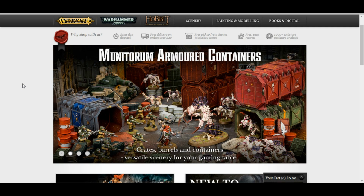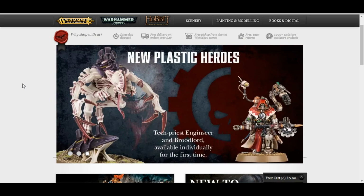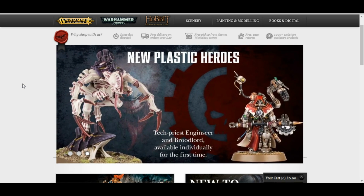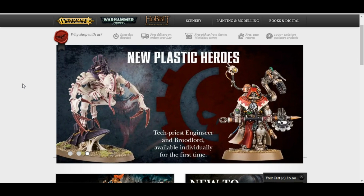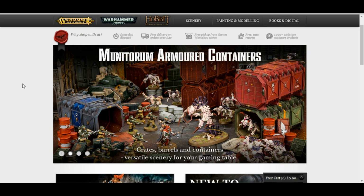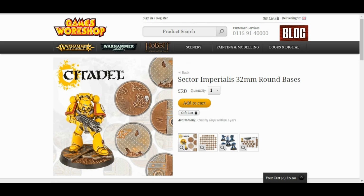So the Games Workshop Warhammer website currently looks in the UK like this, and it's showing some flashes about it is tank month, which is good because 7th edition is great for tanks. It is also showing some new plastic heroes, which is a tech priest and an engineer and a broodlord, and some armoured containers. So first thing I want to show you is